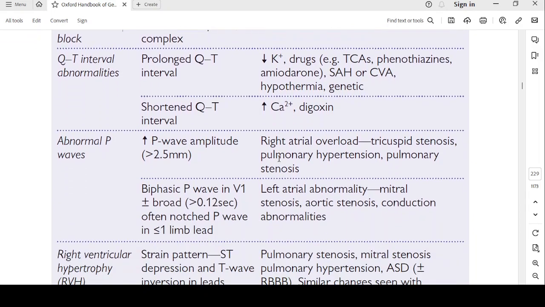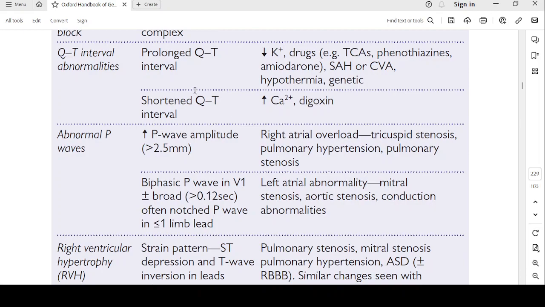So QT interval abnormalities. There could be a prolonged QT interval or a shortened QT interval. So prolonged QT interval, when is the QT interval prolonged? One thing I remember yesterday I was reading, azithromycin is one of the drugs. So potassium, decreased potassium, hypokalemia is a cause of prolonged QT interval. Drugs like TCAs, phenothiazines, amiodarone, and